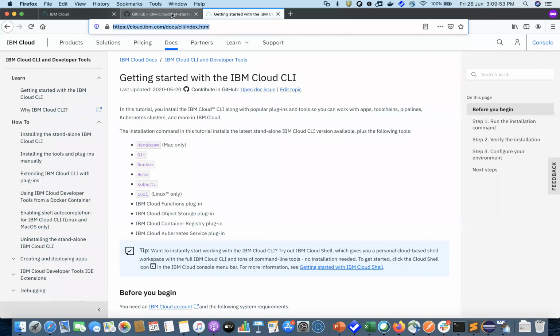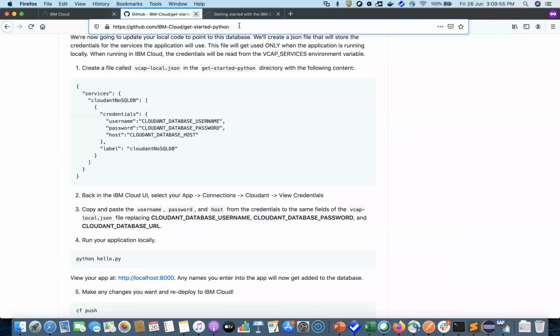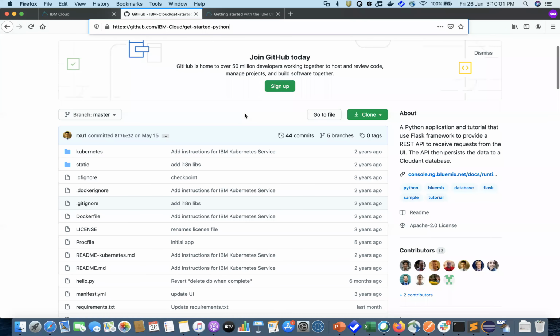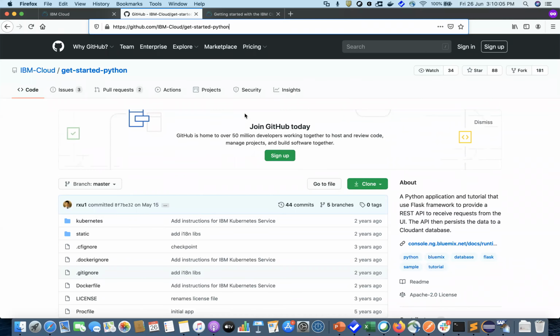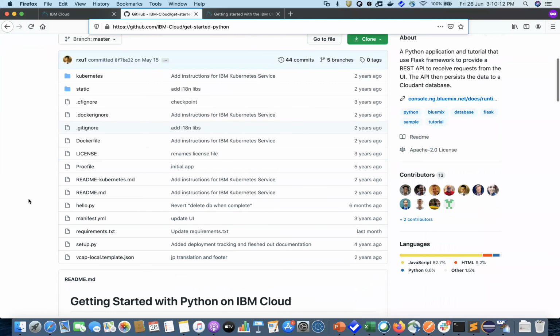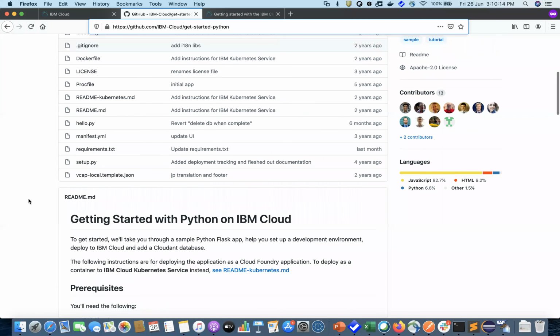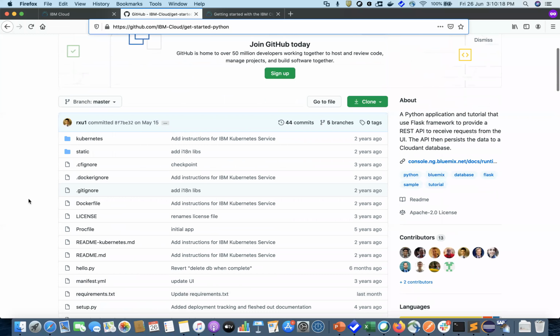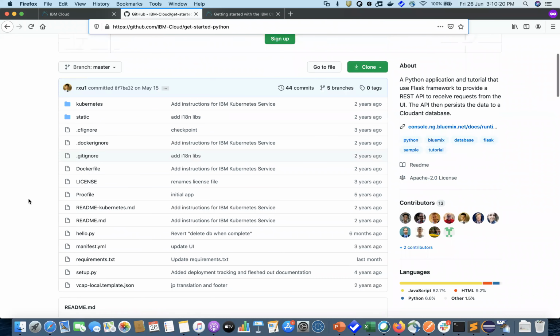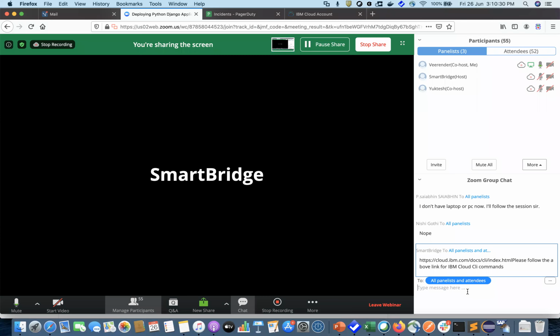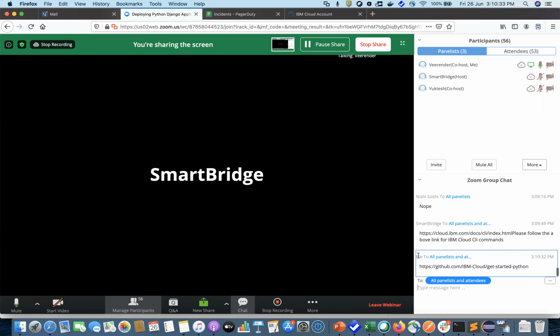Today I'll walk you through one of the IBM Cloud basic Python Django applications, and how you can push this application onto IBM Cloud. This has very good documentation as well. You can follow it after this session, but I will walk you through how you can clone this, download it onto your system, and then push it onto IBM Cloud. I'll post this on the chat as well. Okay, so this is the one we'll be looking at.